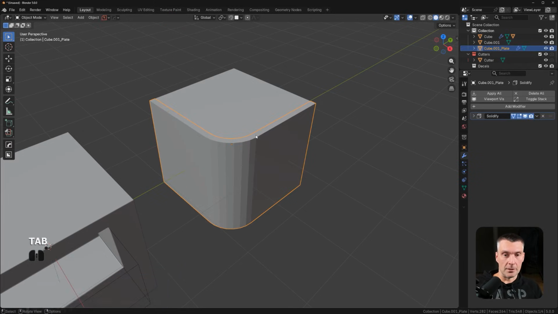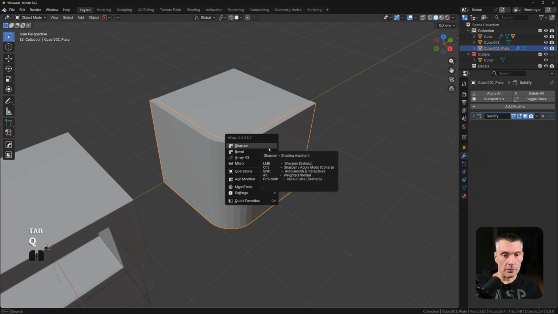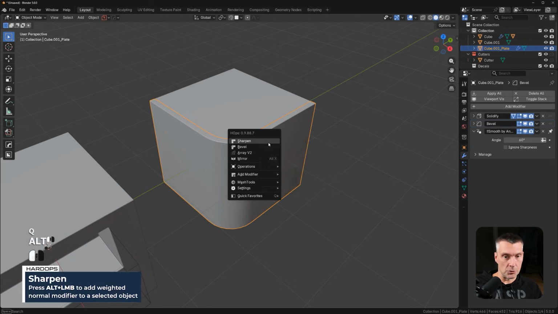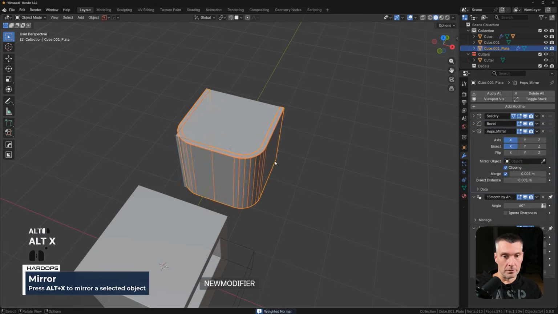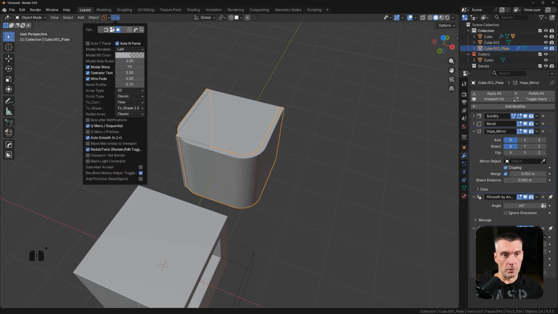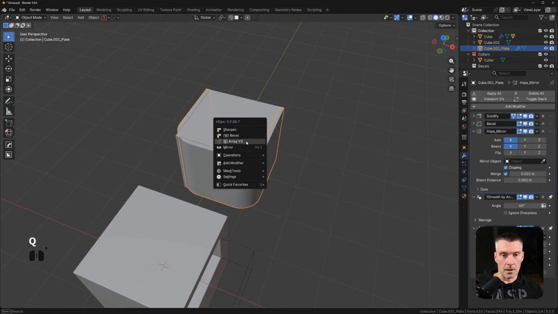It just makes sense. And if I go to solid mode, select the panel, what I want to do is bevel it. Then I want to add weighted normal modifier, so alt click on sharpen, and then maybe I want to mirror it. Do you see what I mean? That's why it's so intuitive and so fast to work with these tools, because once you learn just a few shortcuts, and by the way, you can go here to Hardops options, and you can actually enable stuff like Boxcutter notification, Q menu sequential prefixes, so you can actually see, for example, E is going to be for array,